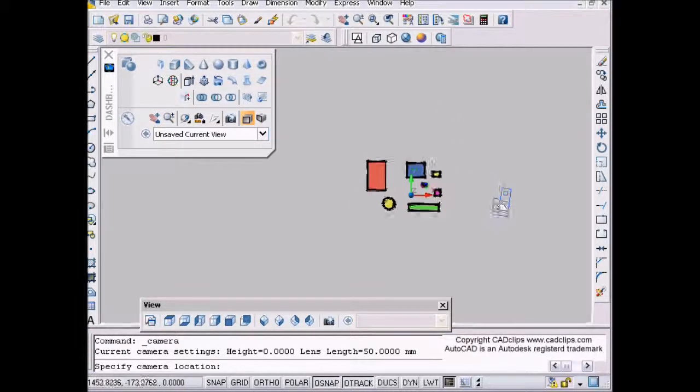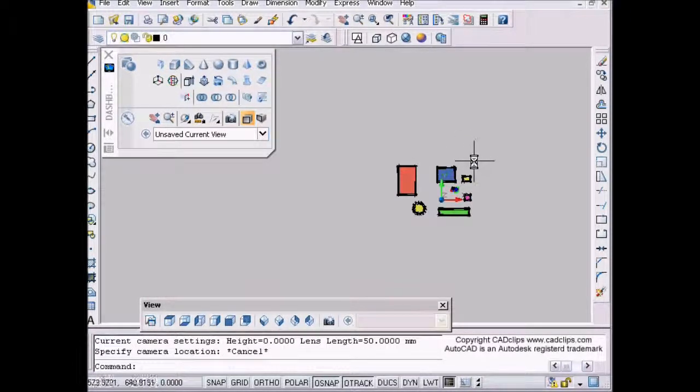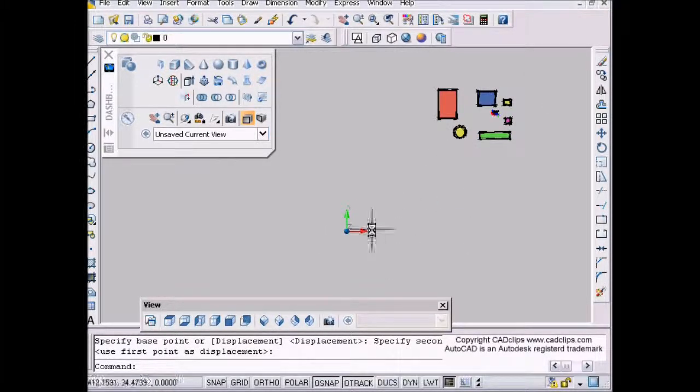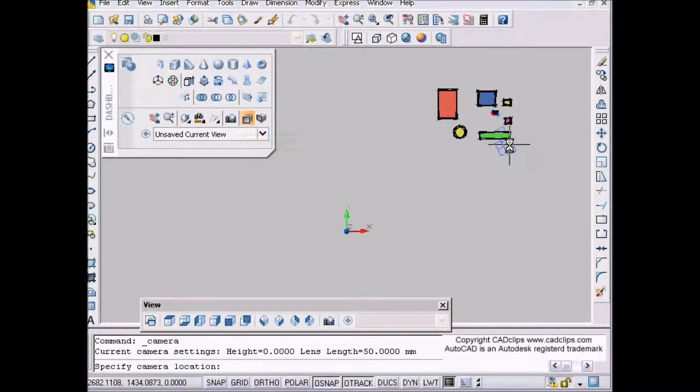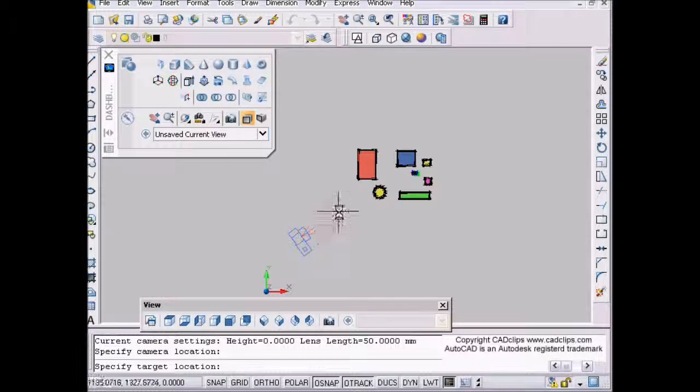And notice that when you place the camera, it always looks back towards 0, 0. You'll notice as I move this around, I'm going to move everything over to there. Okay, now my 0, 0 is here. Watch, when I place my camera, even though I'm going around these objects, it's always trying to look back at 0, 0, which isn't a big problem. Because we can still go over here and place our camera or place it here, and then we place